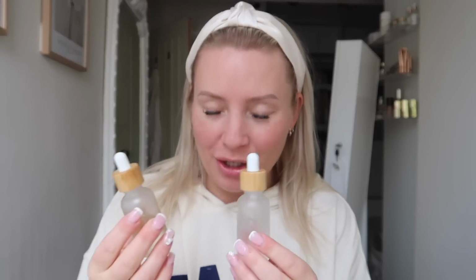Okay, so I am really basic when it comes to skincare. I have bought these new, but I'm sure I showed you these in a haul recently from Shein. They are these gorgeous little bamboo lidded bottles, and I am going to Cricut some labels on them, but because I only use a couple of serums, I know what's in them anyway. I always start off with some hyaluronic acid. You are actually supposed to put this on wet skin or damp skin, but it's not damp, so I'm just going to put some of that on. And then I used to use some niacinamide and zinc, but I haven't been using that